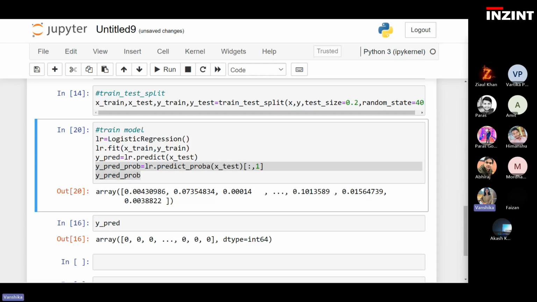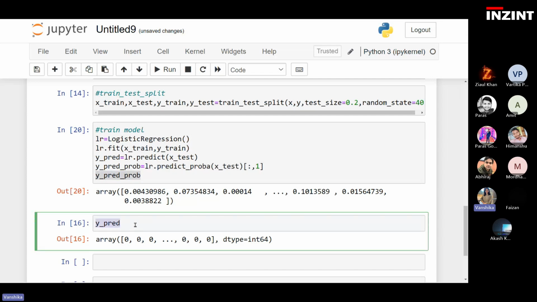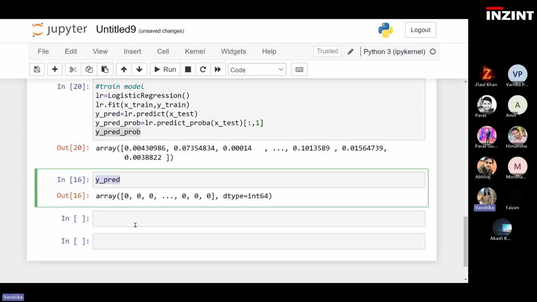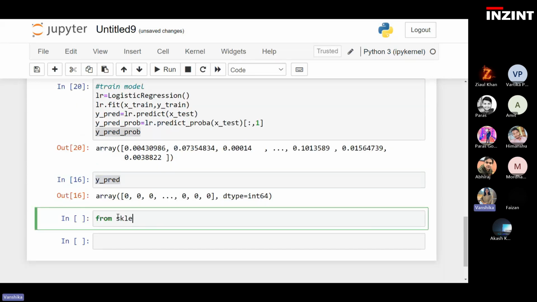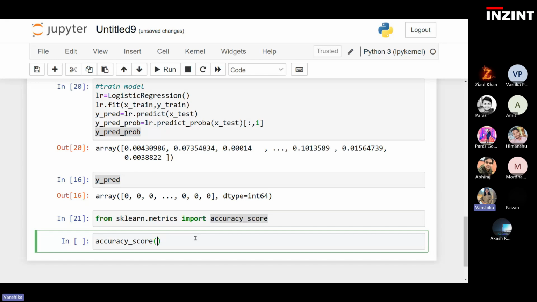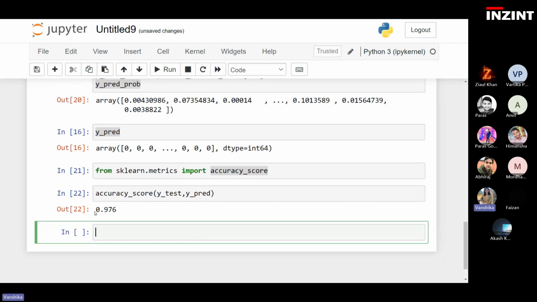Since we have got these probabilities, we will use y predict later. We can check the accuracy as well for the model. From sklearn.metrics, import accuracy score, and you can pass y test and y prediction. And this is giving you